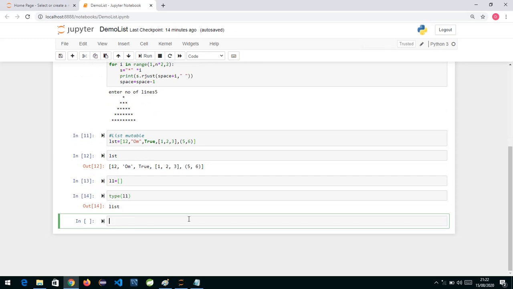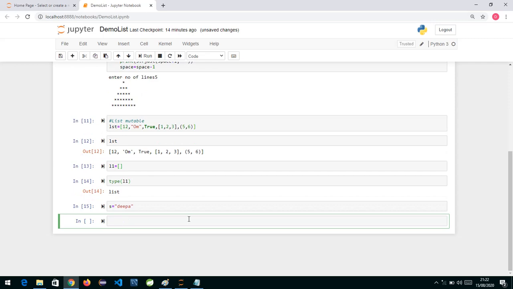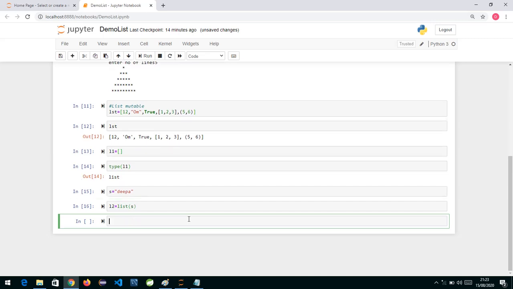Another way of creating a list is using the function call list. If you want to create one from an existing sequence, suppose I have a string, say Deepa, and from this existing sequence I want to create a list, we can write L2 is equal to list, which is actually a constructor, and pass s. Then press enter and check what is in L2.